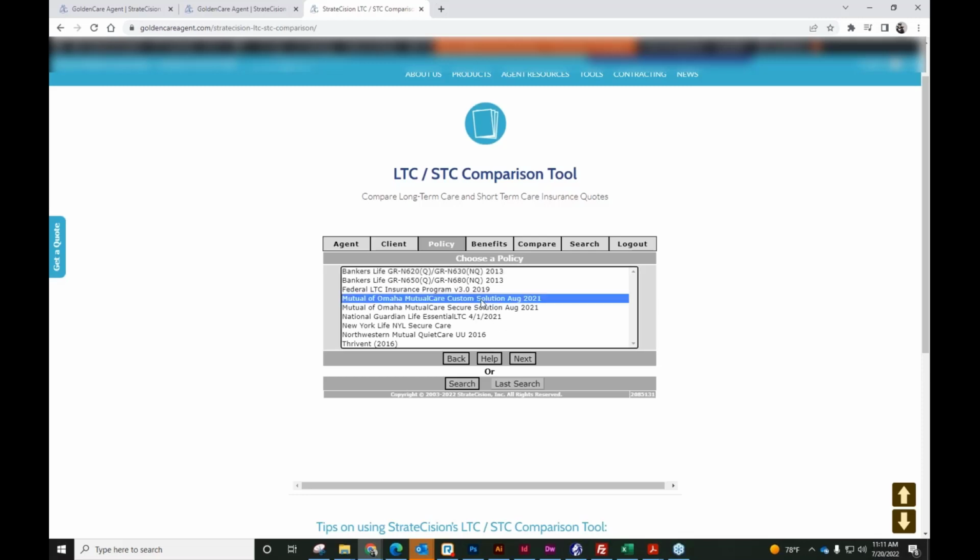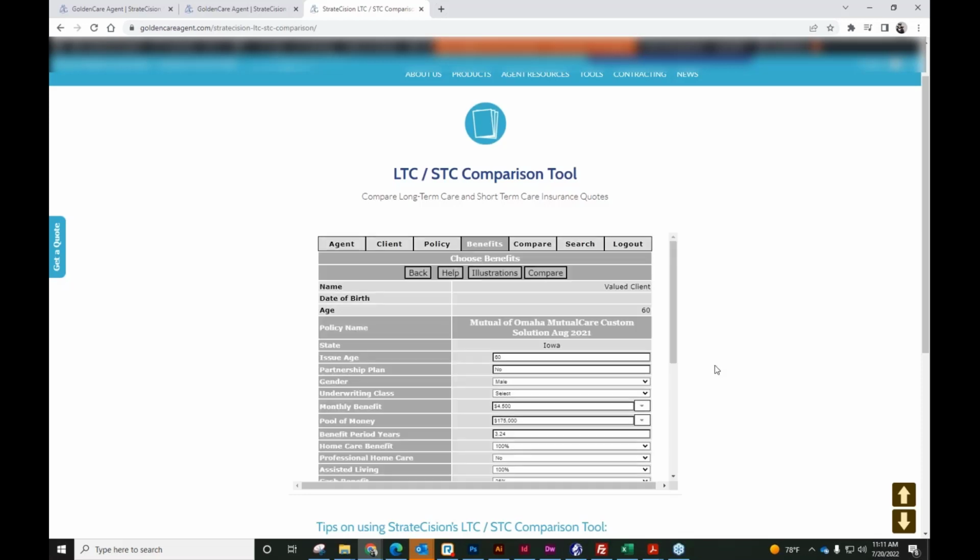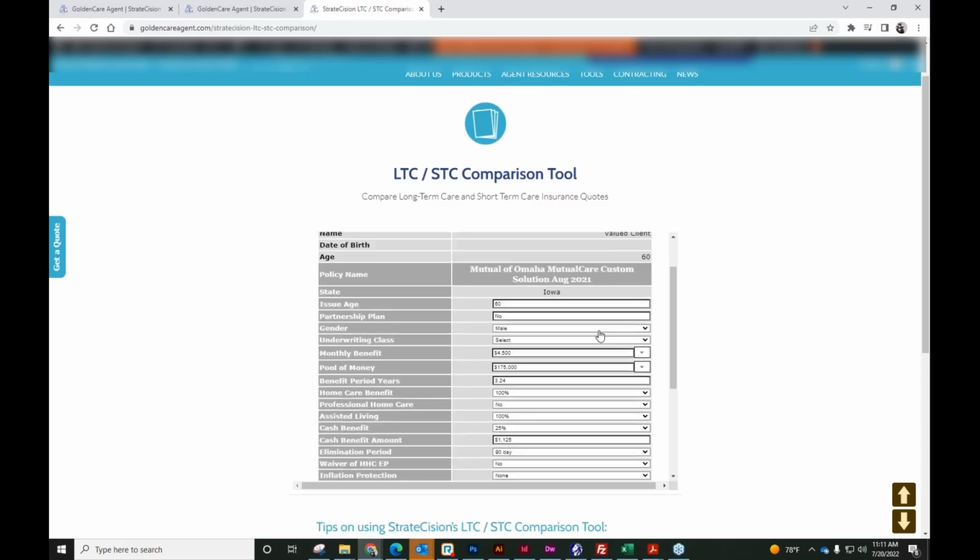My typical habit is to quote the Mutual Care Custom Solution Plan. In our portfolio, it is one of the most complex products. As you can see, it bumped us over to the very next tab. At a later date, as you're going through this quoting process, you can go back and revisit some of these tabs. But I will warn you, being that it is embedded in our website, there is a chance that it